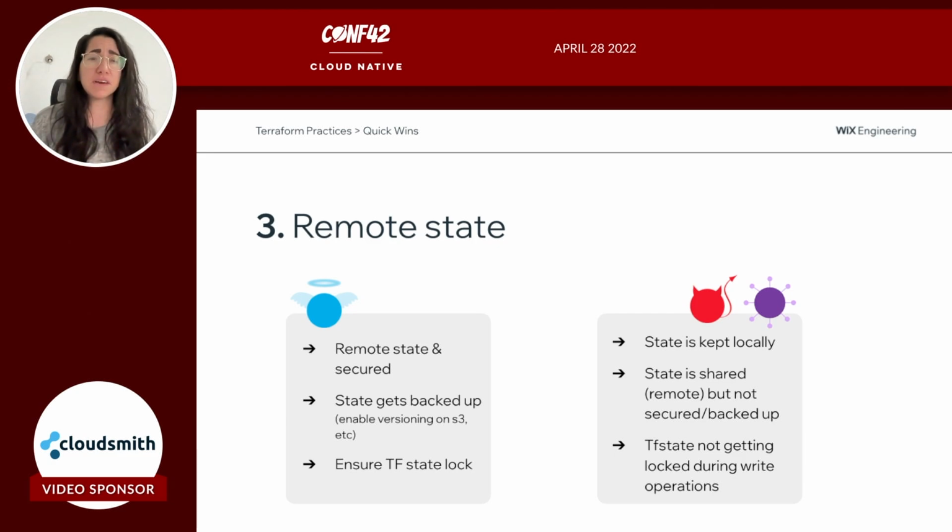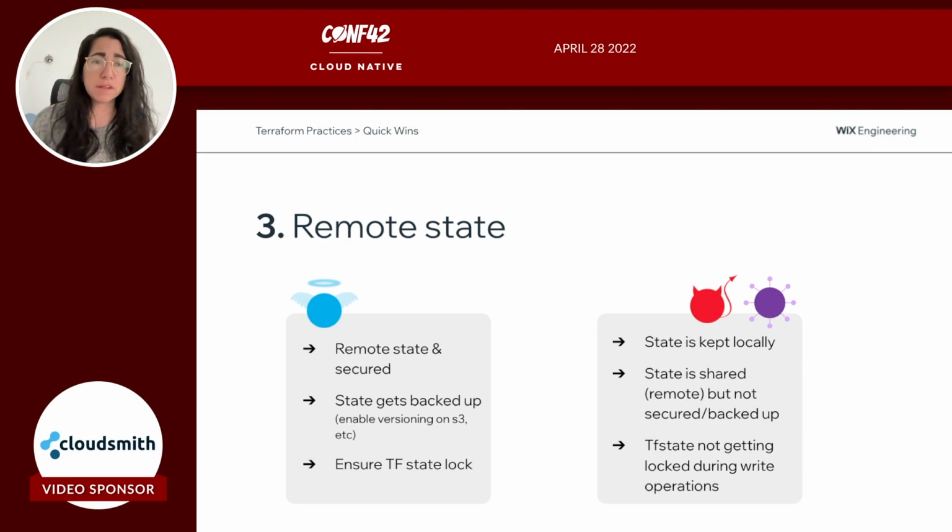The good thing here is to have the state remote and secured, because a lot of times we have sensitive information in the state, like secrets and stuff like that. So you really need to make sure that the state is secured and backed up. If you use S3 as the backend, then enable versioning, and then it will be good.